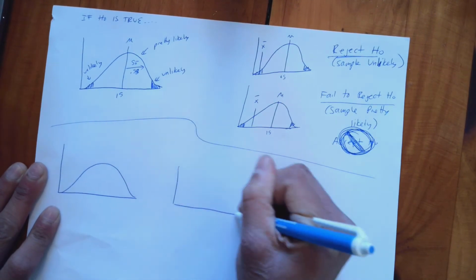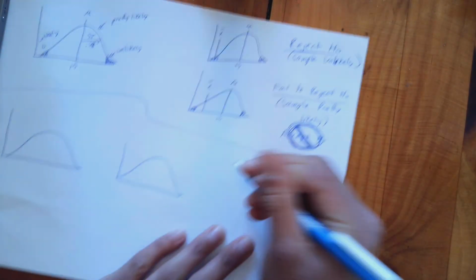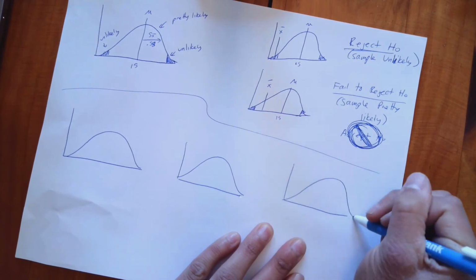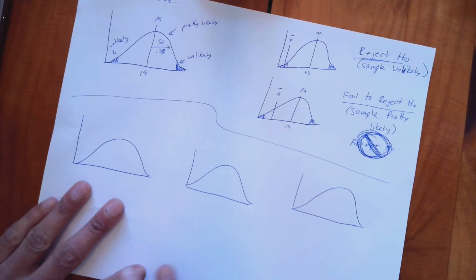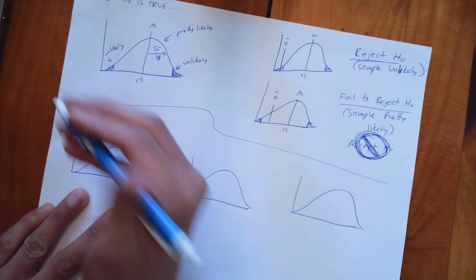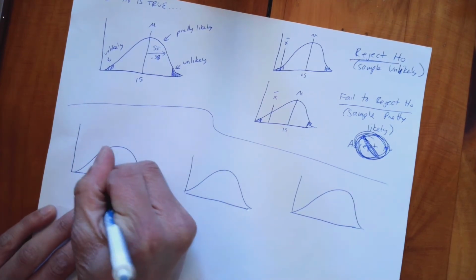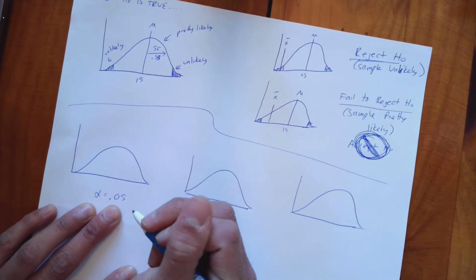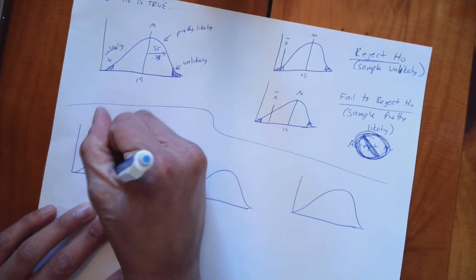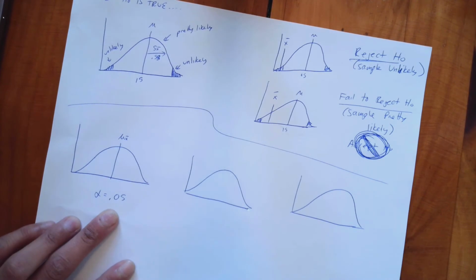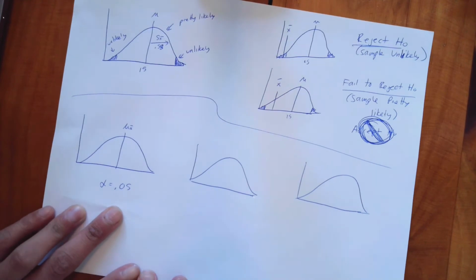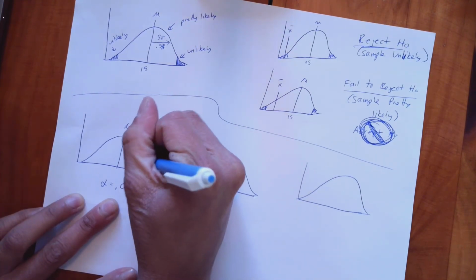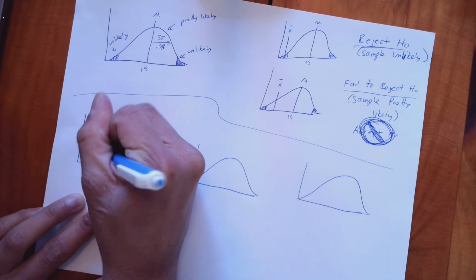So your alpha level, as I mentioned before, gives you a threshold for deciding when to reject the null hypothesis. The way that it does this is by telling you how much of the tails of the graph we're going to call the unlikely zone. When you have an alpha level that's relatively high, and this is for illustration, not really drawn to scale, like 0.05, which also happens to be the most common alpha level in criminal justice and other social science work, then you have a relatively large area in the tails shaded,